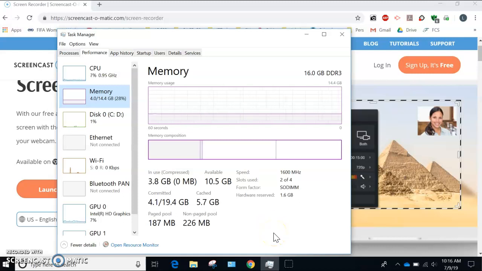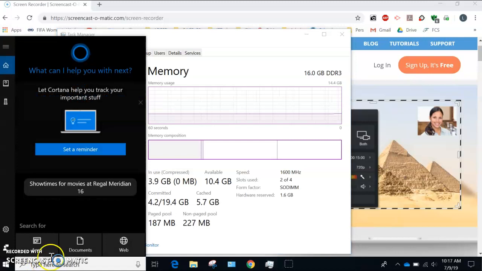So now everything runs a lot faster, and I hope you're happy with this. It's not a professional video by any stretch of the imagination, but the reason I'm recording this is that there was so much complex information out there that really didn't solve the problem and involved a whole lot of activity on my part, like uploading a new BIOS and things like that. I just wanted to get this out here because there's no reason for you to go through all of that. Just go down here at the bottom, type msconfig, and you get that system config window that pops up. You go to Boot, then you change that max memory setting, and then restart,